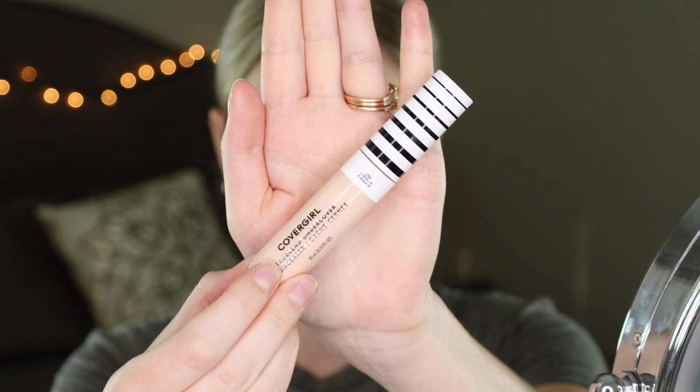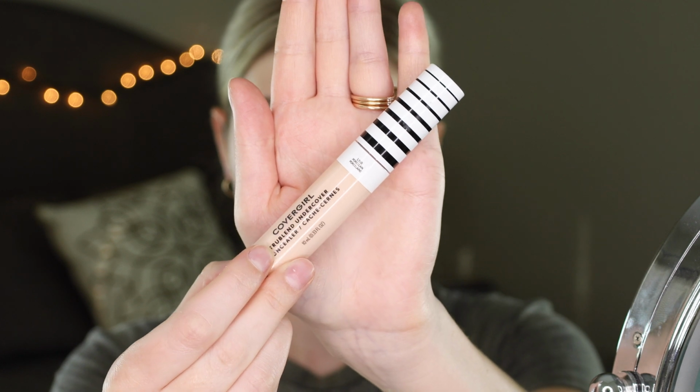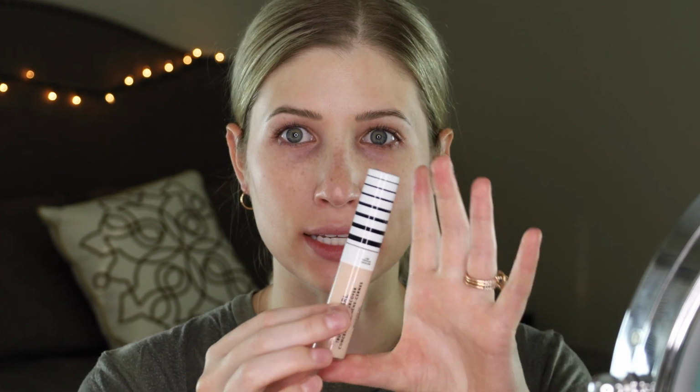Moving on to concealer. This is the Covergirl TruBlend Undercover Concealer. I have this in the shade 150 Porcelain. This I am very much expecting to be like Shape Tape, and I think it's strictly in the appearance. I mean, this is a kind of chunky short tube. Physically it looks like Shape Tape, and it's got the big doe foot applicator,